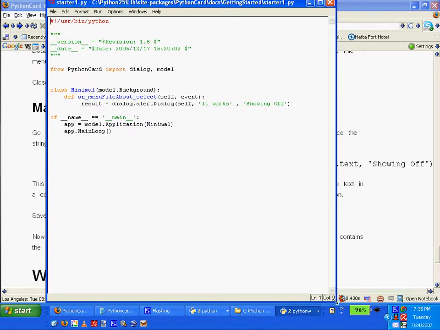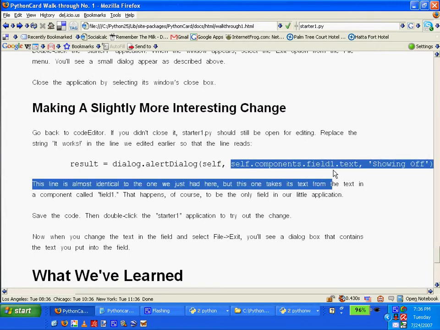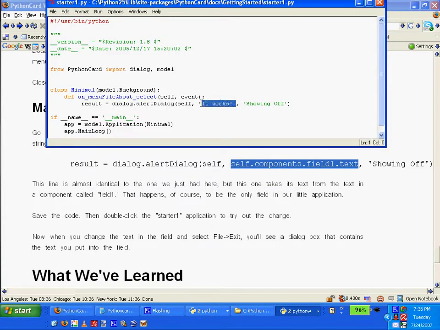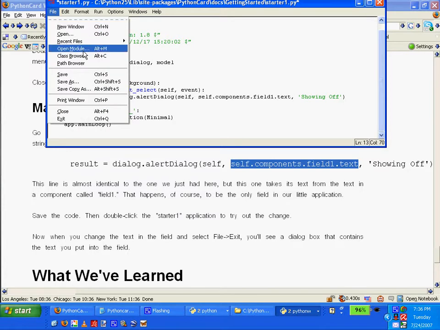Now, after self, I'm going to put self.components. Control C, copy, and Control V, paste. There it is. Now what this will do is it'll prompt the field, and where does it say the field in this code? It doesn't. So it must be in the resource file where it shows the field name. So we'll save, file save, and now we'll run the little app